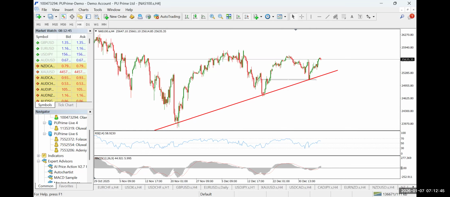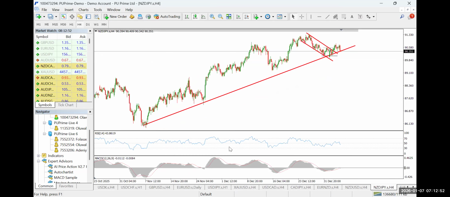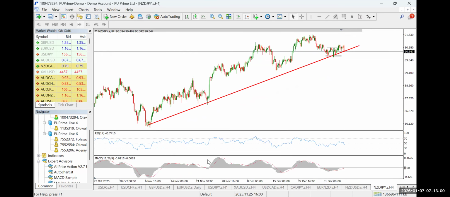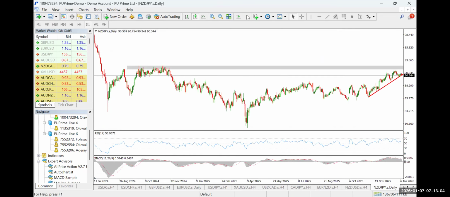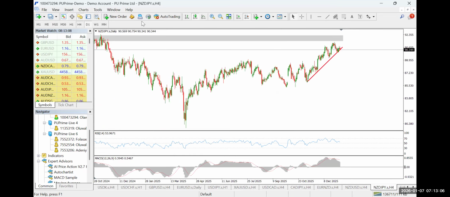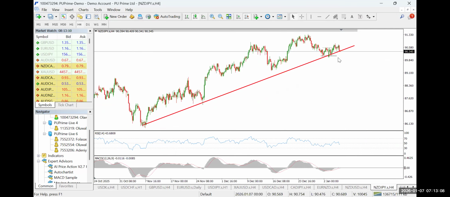So today, I'm looking at the NZD on the 4 hour time frame. I've been watching this instrument for some time, and it looks like gradually it's beginning to work out according to plan. Now, this is the 4 hour time frame. Okay, let me go to the daily and see if there's anything. Okay, nothing much on the daily, but on the 4 hour, this is my outlook. Now, the overall trend here is bullish.